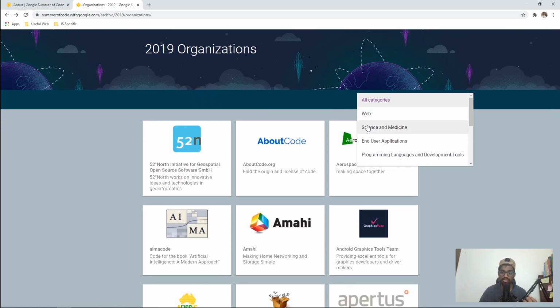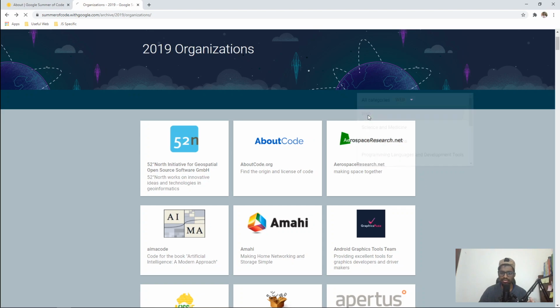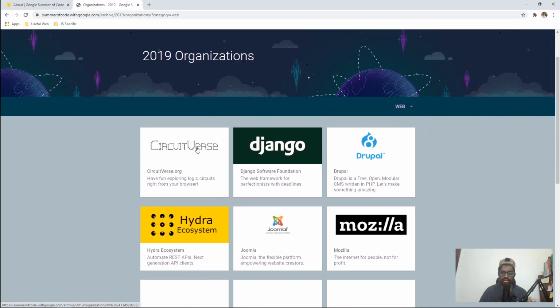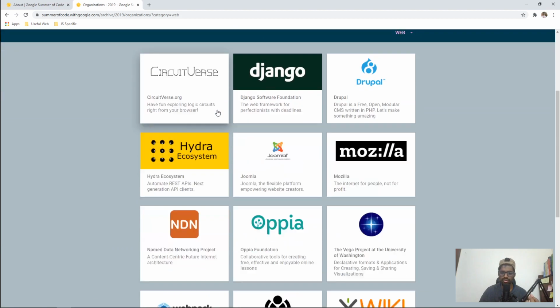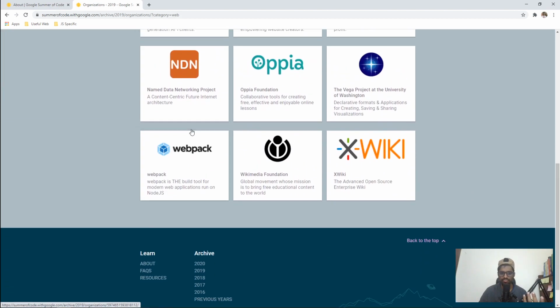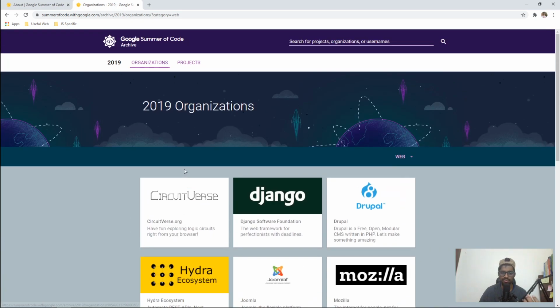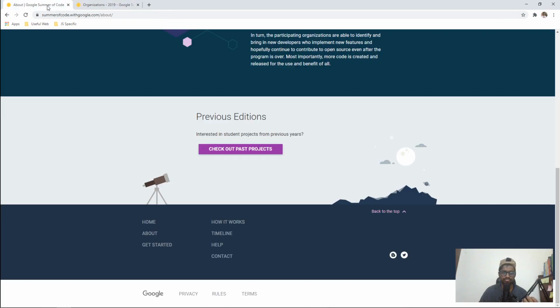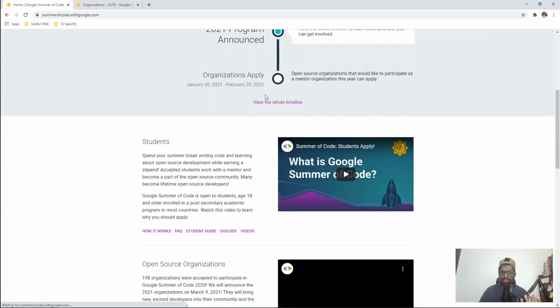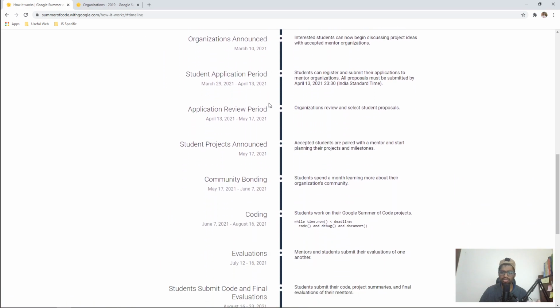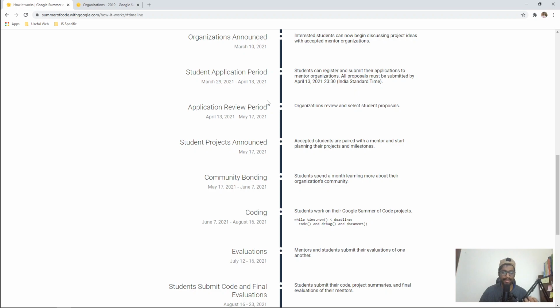One of the last things is you can also filter by category. Suppose you know web development, you click on web development and you get certain organizations who are working in the web development field, so you can go and contribute. You can see Webpack is one of the build tools that various people use. It is also open source. So I would suggest go to this site and explore a bit and look into what it has to give to you. And we'll talk about this and other things in GSoC in some other video as well.